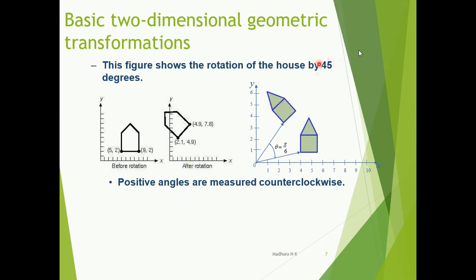Remember that if the degree is a positive value, then we say your object is moving in the counterclockwise direction. That means consider this object moving in the upward direction, then we call it anti-clockwise or counter-clockwise rotation. And if the degree is negative, then you are going to move the object in the clockwise direction, that means in the downwards direction. So those are the two main differences.